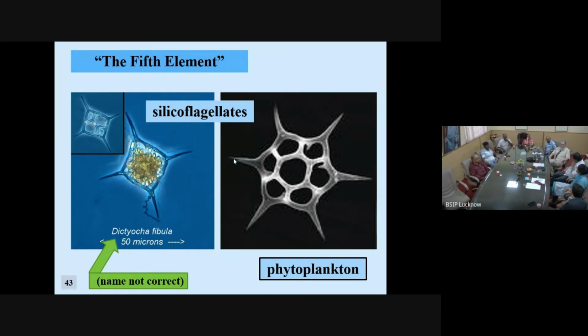It's not Dictyocofibula. Dictyocofibula has been extinct since, the type specimen comes from the late Miocene, persisted a bit into the Pliocene. It's been dead for 10 million years. And yet that name has been used. That name was used in a paper in the 1930s, 1940s, and it's just continued in the biological literature. The paleontologists haven't been using that taxon since the 1970s. But the biologists are not reading the paleontological literature and asking the question of, where's Dictyocofibula,